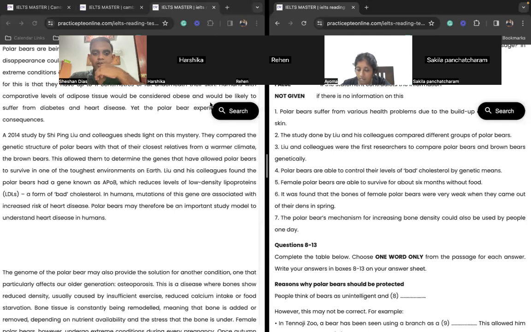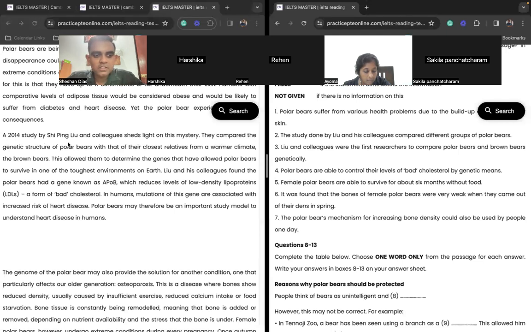All right, so I'll help you find the answer. Good. So all of you are correct. How did you find the answer? You locate this keyword first, Liu. It's right here. Then you locate different groups of polar bears. So polar bears should be there ideally, and different groups. Polar bears are here. They compared; compared is also here. But compared, there is no different group. So we'll focus, read this and see.